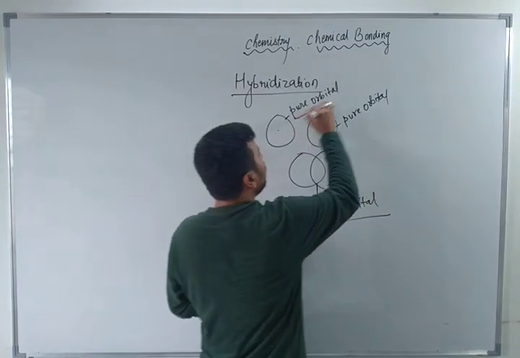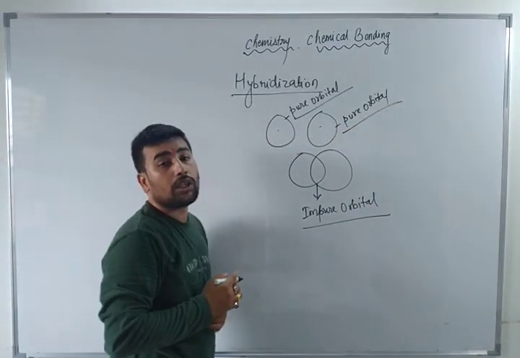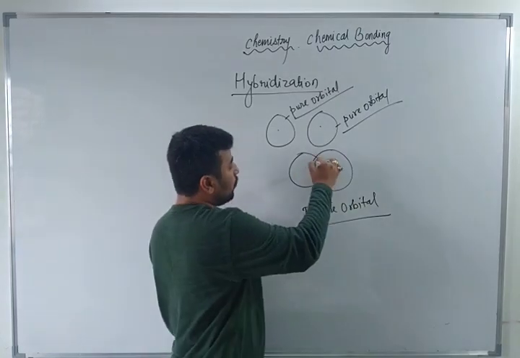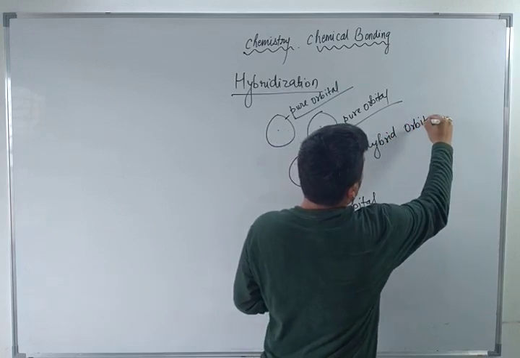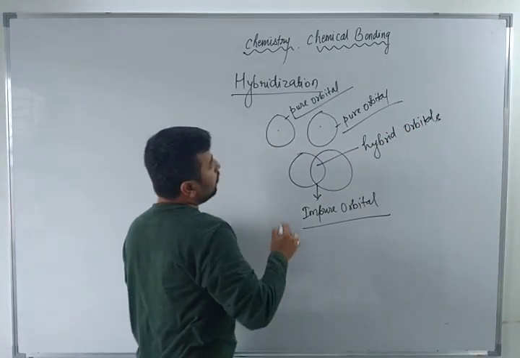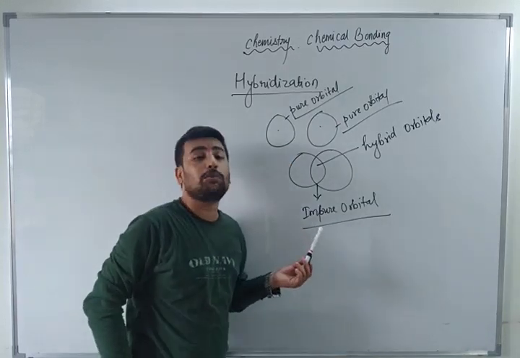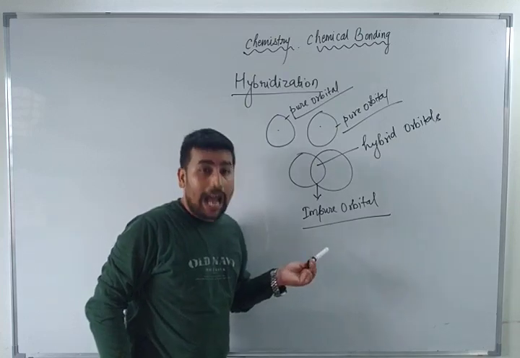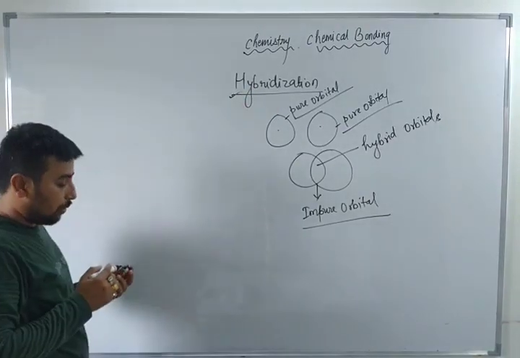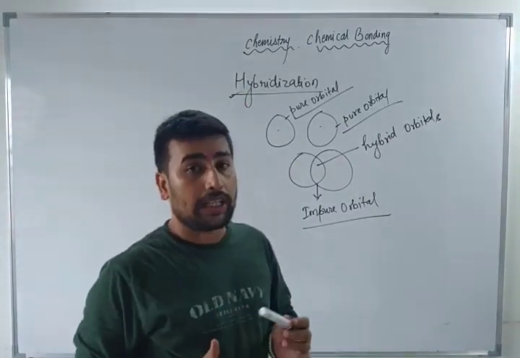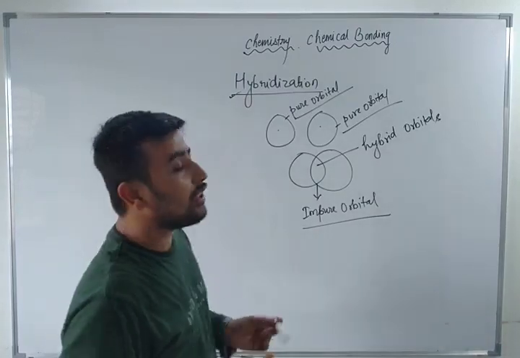तो ये जो फॉर्मेशन होगा, प्योर ऑर्बिटल्स ओवरलैप टू ईच अदर एंड दैट इज द फॉर्मेशन ऑफ इम्प्योर ऑर्बिटल। तो इस ऑर्बिट का ही नाम होगा हाइब्रिड ऑर्बिट्स। और ये प्रोसेस जो है, अब देखो यहाँ पर तुमने देखा कि when two pure atomic orbitals overlap each other then there is a formation of impure orbitals or hybrid orbital and this process is called hybridization। कोई पूछेगा what is hybridization? When two pure atomic orbitals overlap with each other then there is a formation of impure orbital or hybrid orbital।